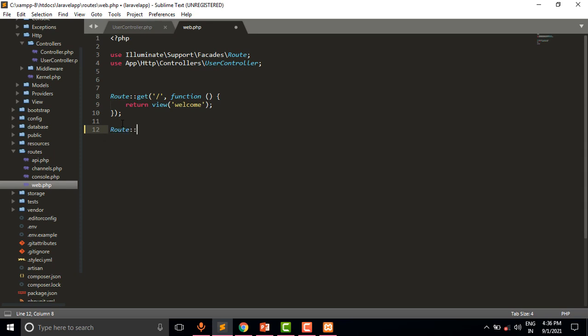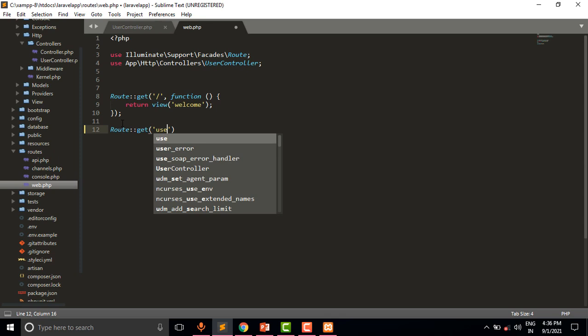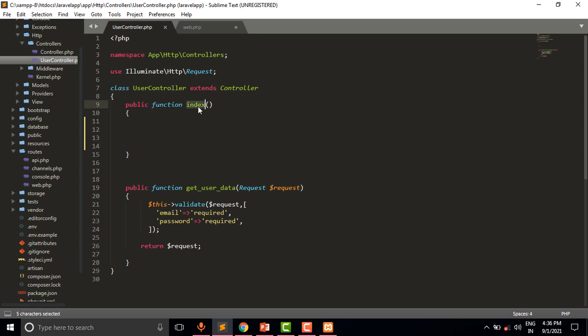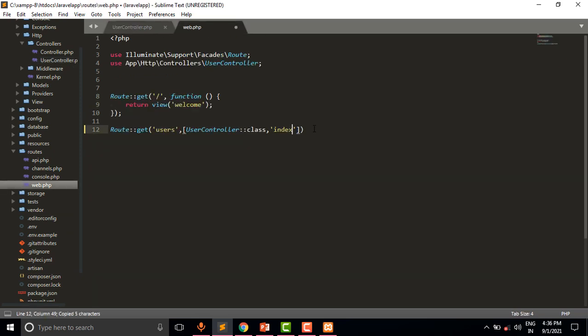Route get users, and the controller name, user controller class, and in the second parameter we will pass the name of the function, this one, semicolon, and save this file.